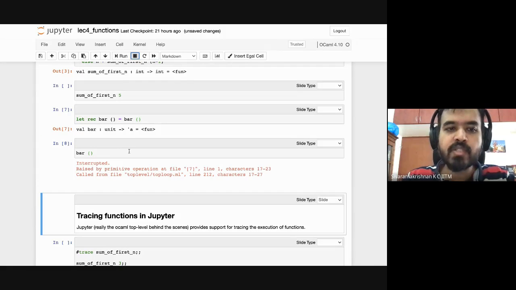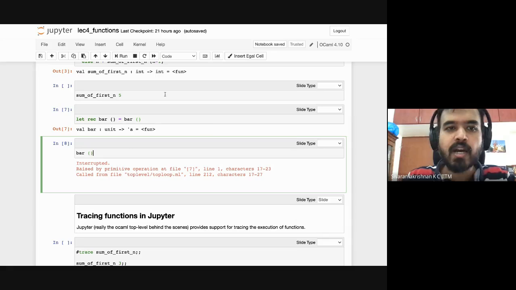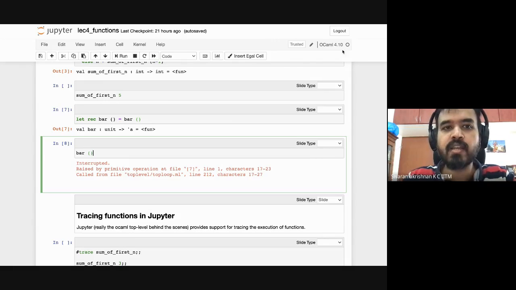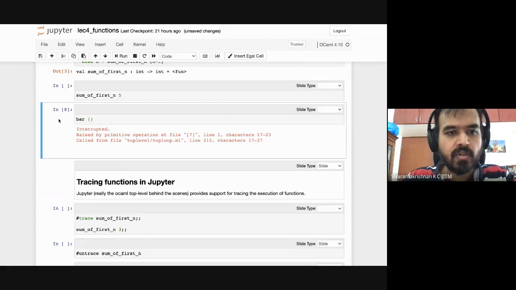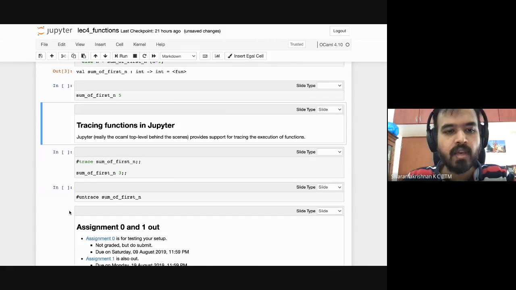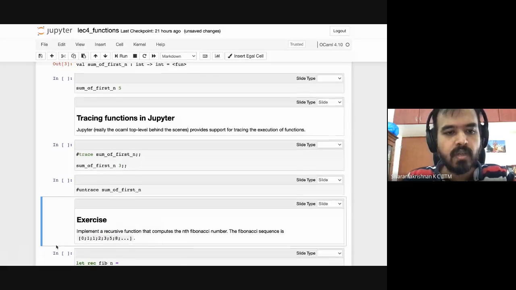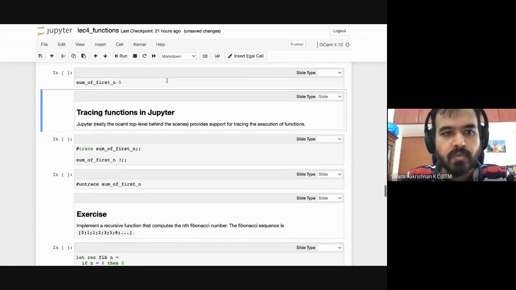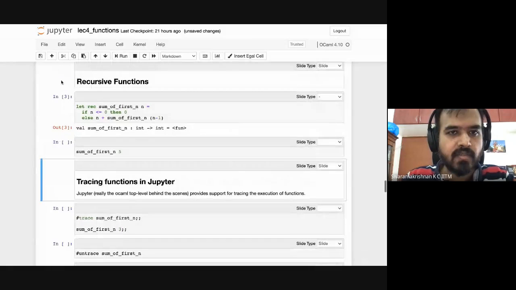So if you get into a situation where you're writing infinite loops, look at the status of this kernel. The kernel is idle now, right? If it is busy and it's not returning, you have an infinite loop somewhere, and you terminate the program by stopping the kernel, and you'll get an error message here, and then you can continue. Okay, so I will move on. Let's go back to what we were doing. We are doing this recursive function.